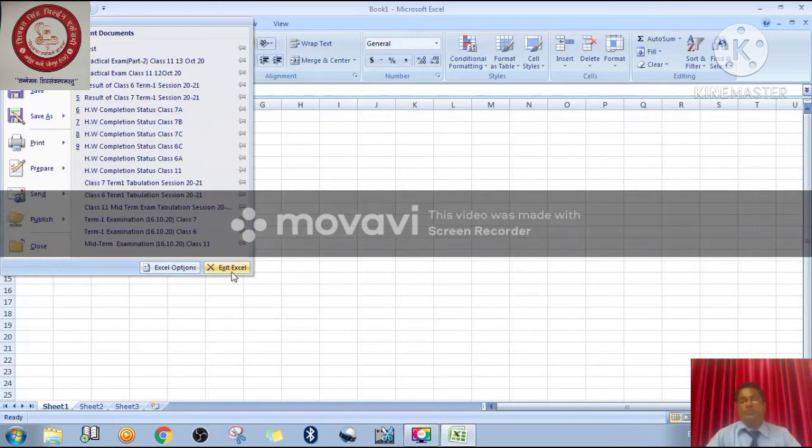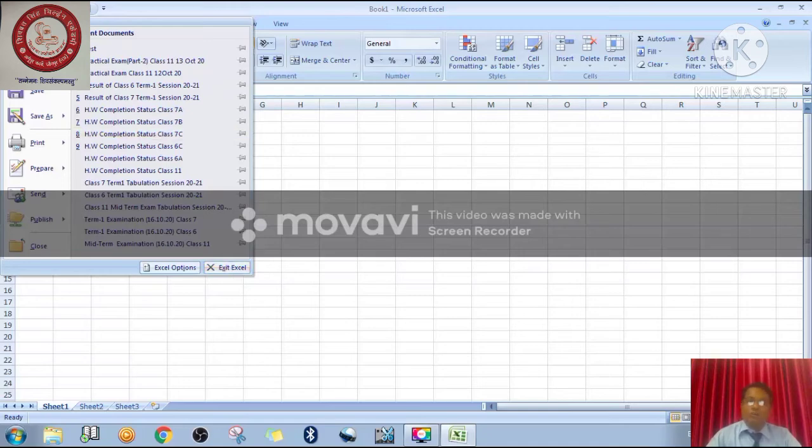So I have told you the difference between close and exit. Close means we are just going to close the worksheet, not the workbook. The workbook is the collection of worksheets, and what is a worksheet? A worksheet is the collection of rows and columns where we are working. So if you click on exit Excel, then the whole workbook is going to be closed here, right? If you click on the close button, only the worksheet is closed.